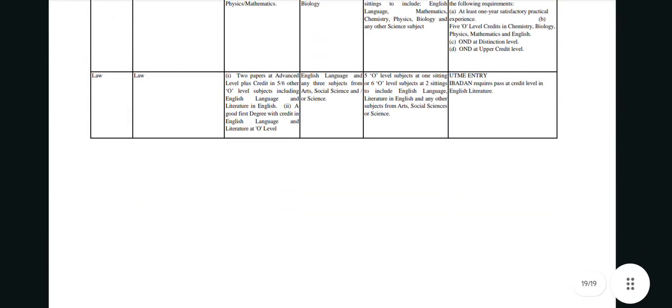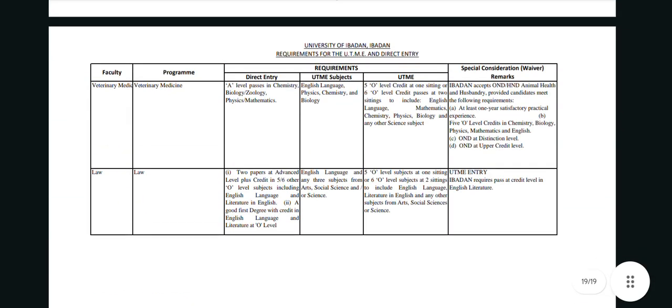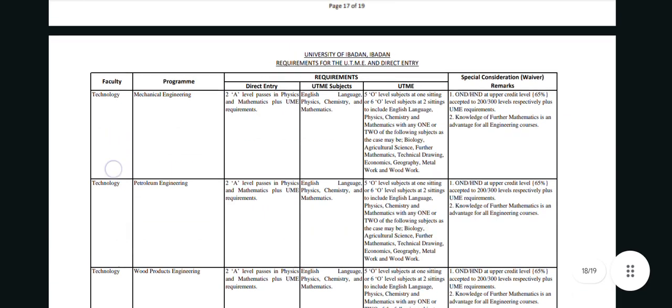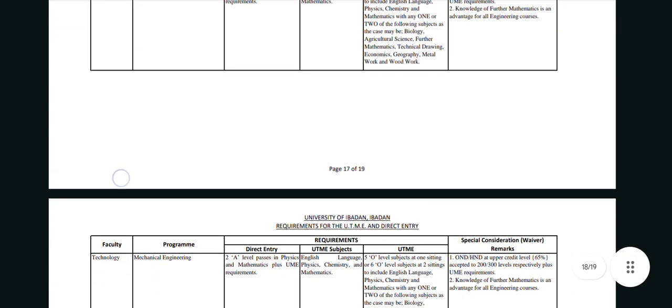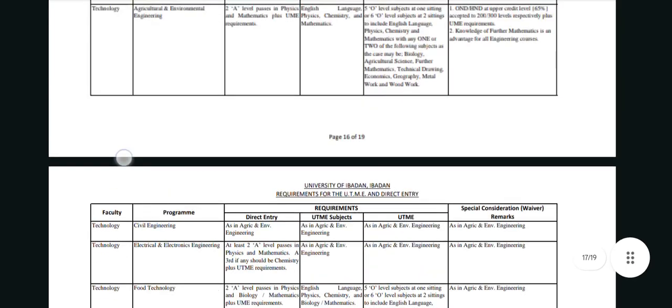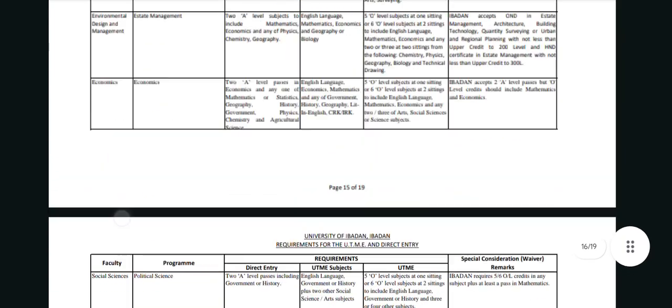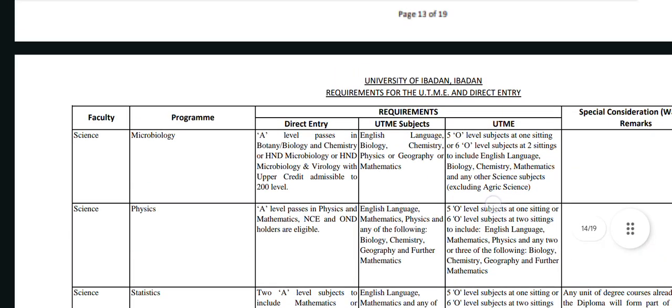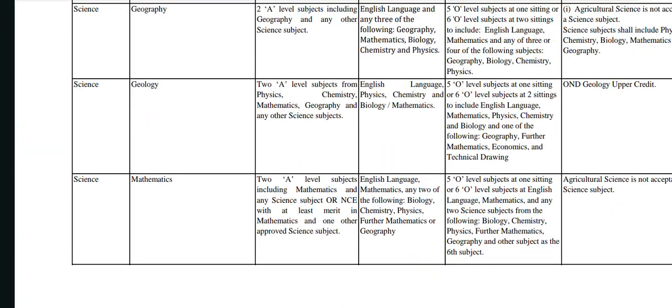So that means a science student can come and study law as long as they have literature in their O-level results. So the last one, let me go to medicine. We used to have issues in particular aspect of it. So in a subsequent video, which is the admission guide, there's an explanation there that shows that